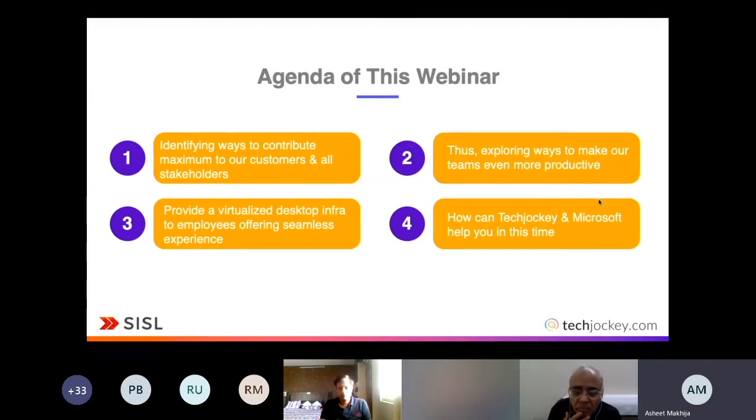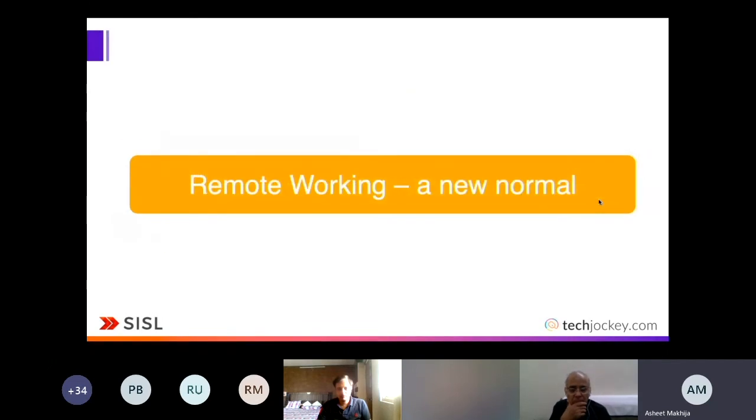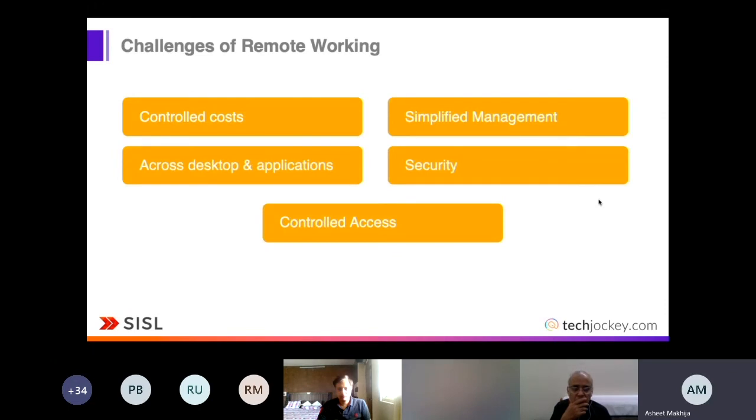And how we as a team, Techjockey and Microsoft, can provide the solution to you. As I said, remote working is becoming a new normal, and I think we're all experiencing that in different ways and formats. But it definitely comes with its own challenges.